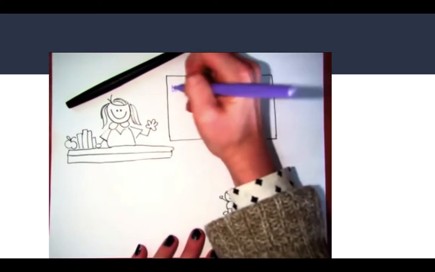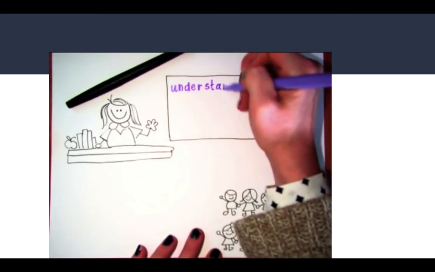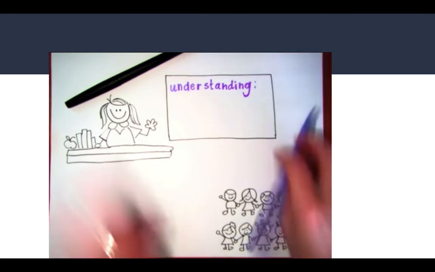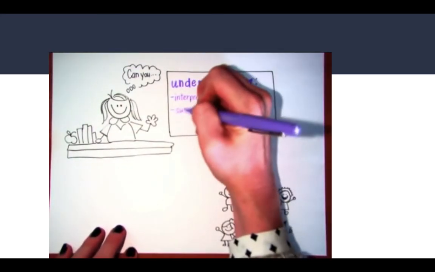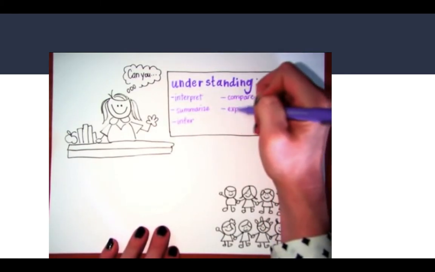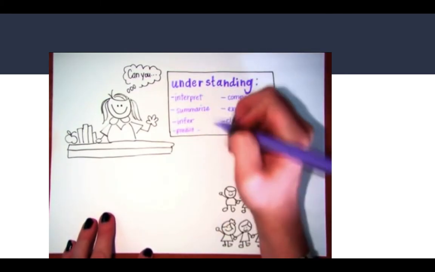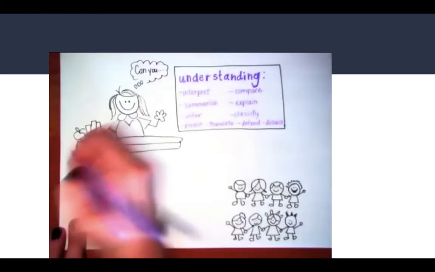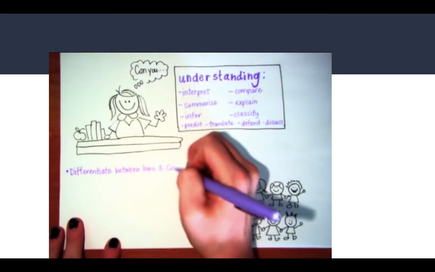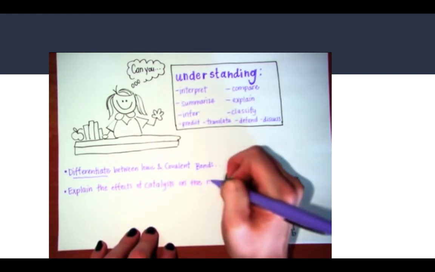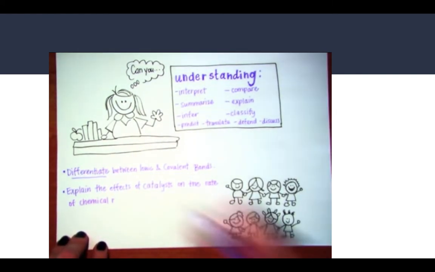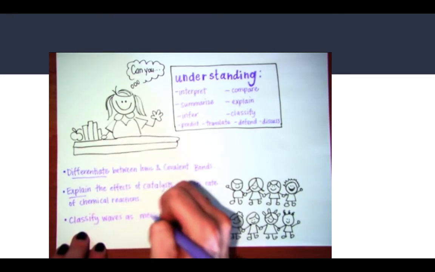The next level of Bloom's asks for students to take their ability to recall factual information to the next level, to prove their understanding by building some kind of relationship between learned facts to construct meaning. What you, the teacher, should be looking for is a child's ability to explain or demonstrate their understanding of the concepts using their own words or actions. In this level of Bloom's, students are asked questions that ask them to do things like interpret, summarize, infer, compare, explain, or classify.